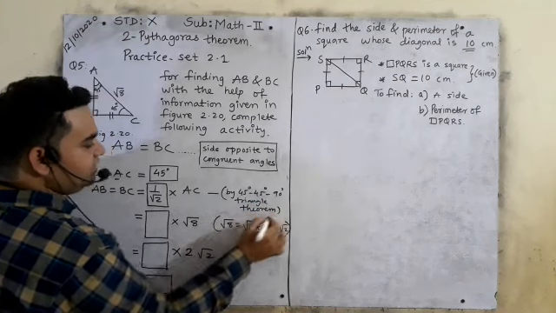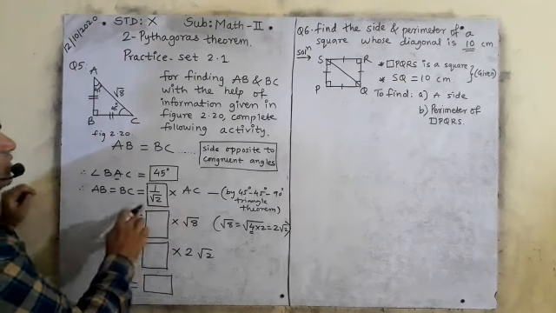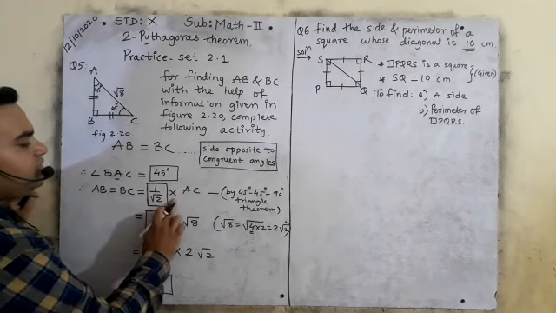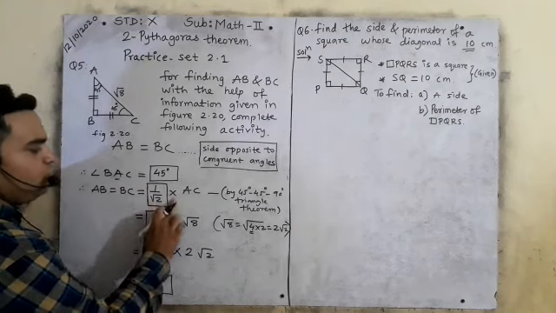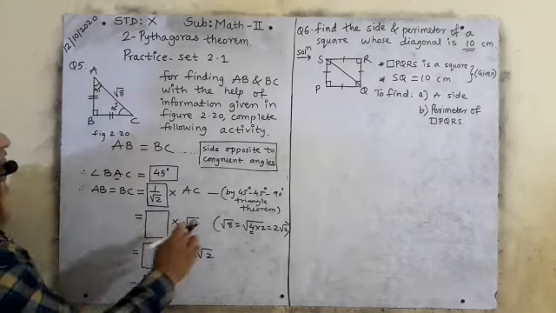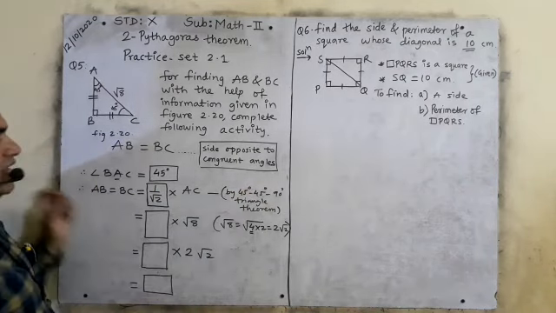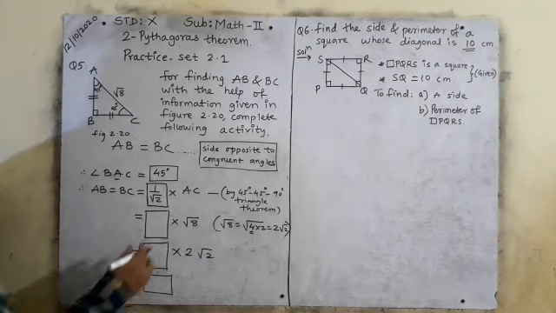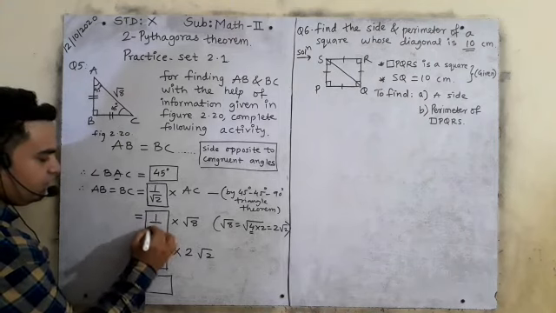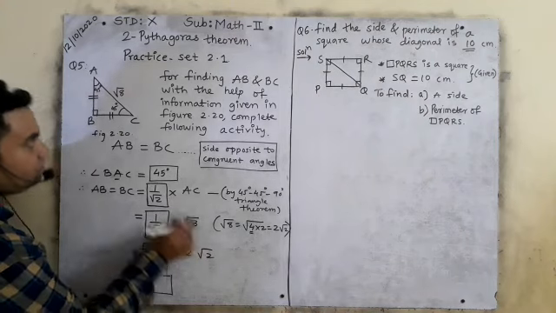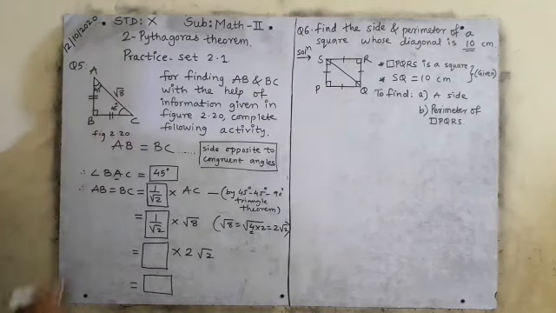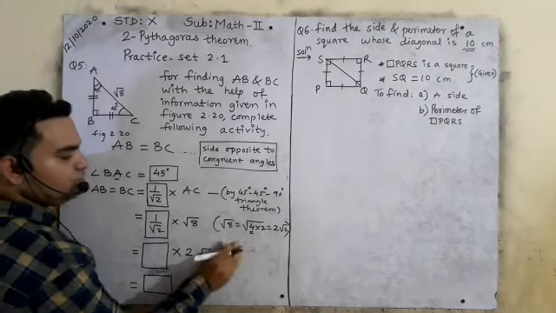You have to write the statement. How is this possible? 1 upon root 2 of AC. AC is the hypotenuse. So it is by the 45, 45 and 90 degree triangle theorem. Now what will come here? Same 1 upon root 2, because AC is given as root 8. Can you see AC is given as root 8? Can you see I have written over here the explanation.